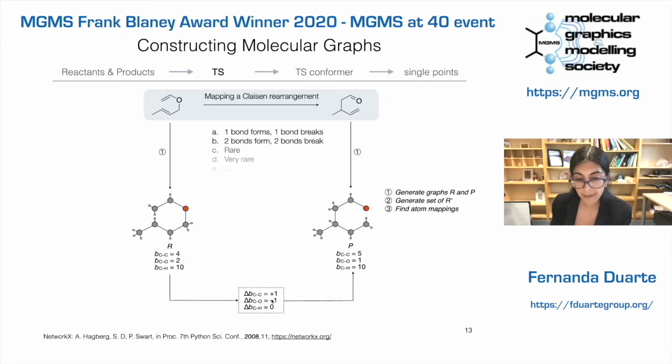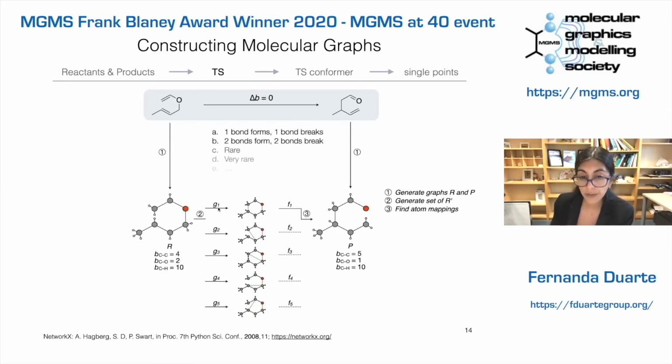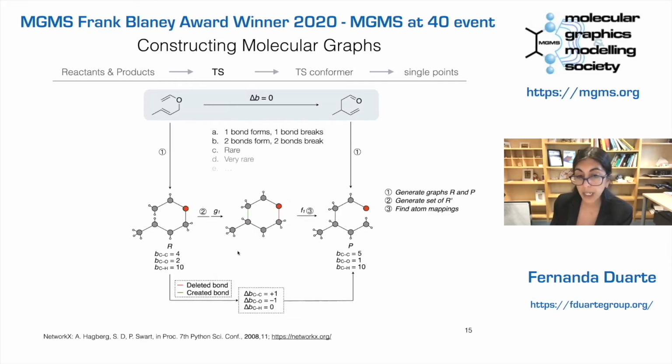Then we can identify that the difference between reactant and product is that there is one CC bond that is formed and a CO bond that is broken. CH bonds are not affected. So of all the possible combinations, we don't have to try all of them. We only have to try those indicating a carbon-carbon bond being formed or a carbon-oxygen bond being broken here. When we identify those bonds that are affected, the formation of this one and the breakdown of this one, we identify those that are isomorphic to the product. And among them, we identify only one.